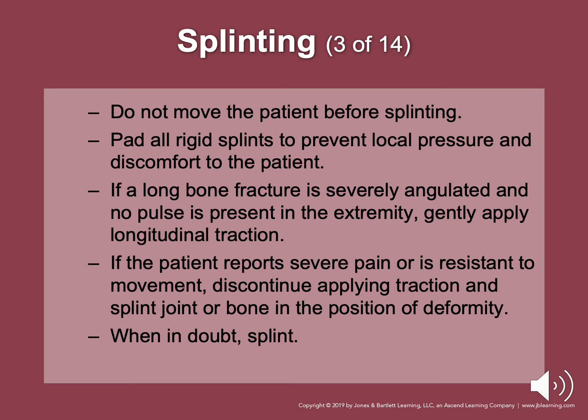Pad all rigid splints, and manually support the injured site, with hands placed above and below the injury. If a long bone fracture is severely angulated and no pulse is present in the extremity, gently apply longitudinal traction. When in doubt, splint, apply your cold packs, and elevate the splinted limb to minimize swelling. Avoid covering the fingers and toes with the splint. If the patient reports severe pain or resists movement, discontinue applying traction. Splint